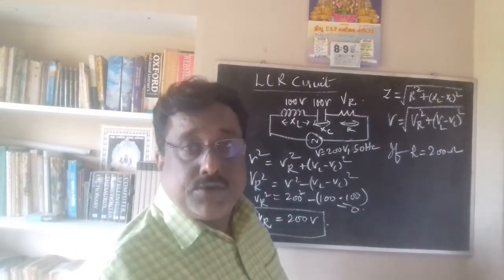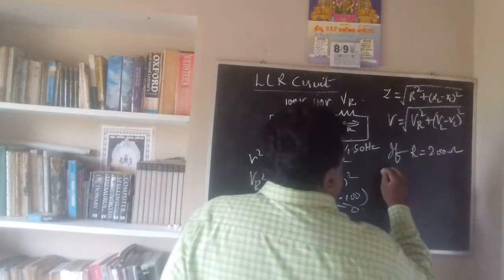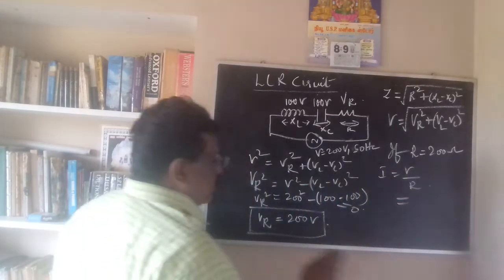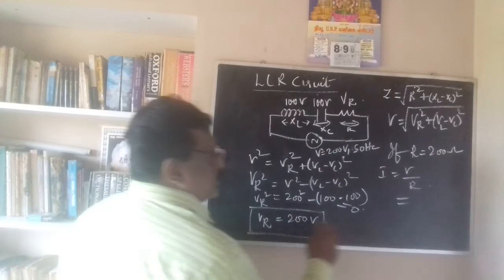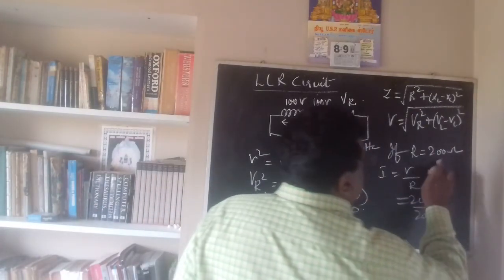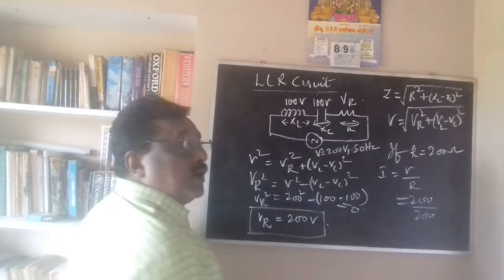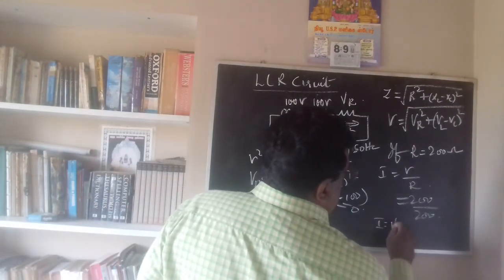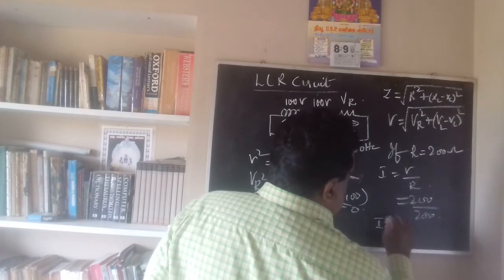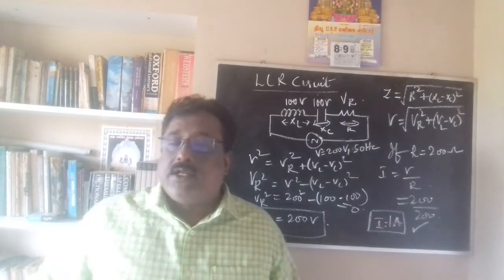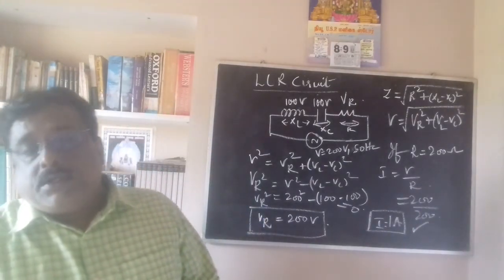You have to calculate it using Ohm's law, I is equal to V by R. The voltage we have found across the resistor is 200, and the resistance value is given as 200, so the current will be 1 ampere. So you can also find the current in the circuit using